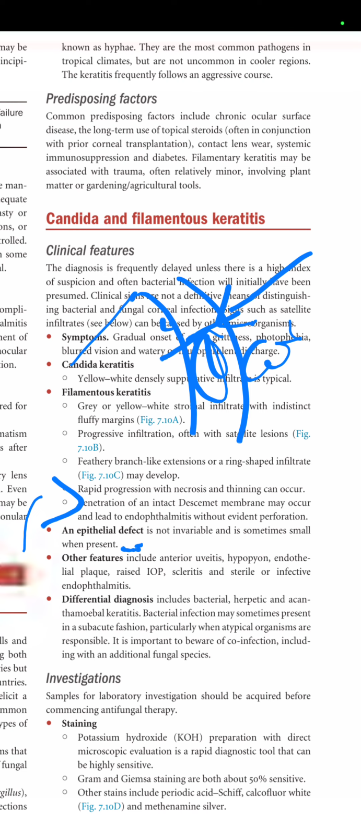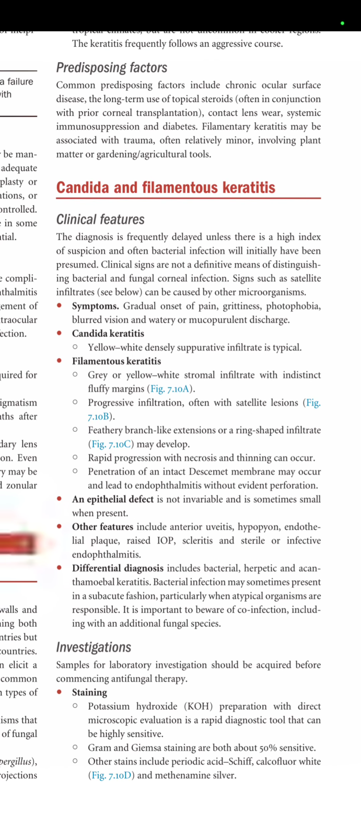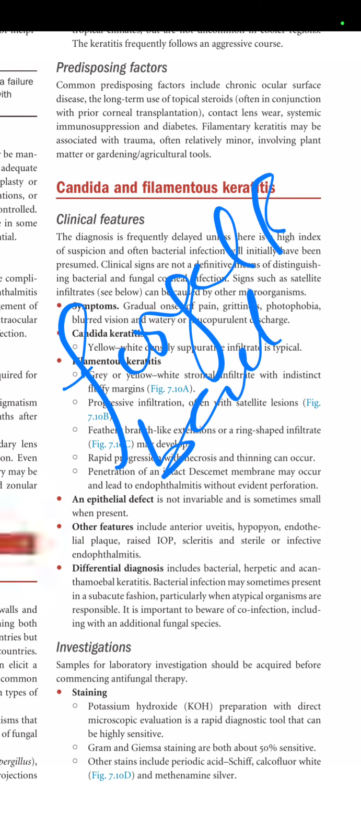Other features include anterior uveitis. So what are other signs of fungal keratitis? It can cause anterior uveitis, hypopyon, endothelial plaque formation, raised IOP, scleritis, and sterile or infective endophthalmitis. And what are the differential diagnoses of fungal keratitis? Any kind of keratitis, including bacterial, herpetic, and Acanthamoeba keratitis. Bacterial infection may sometimes present in a subacute fashion. In some cases there is a fungal infection with a superimposed bacterial infection as well,